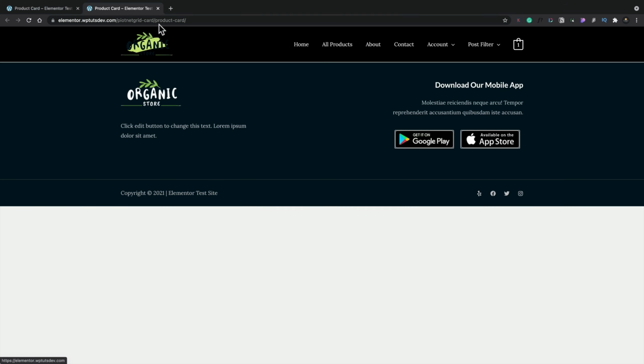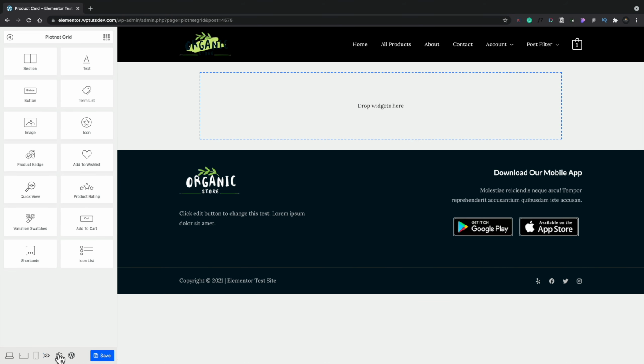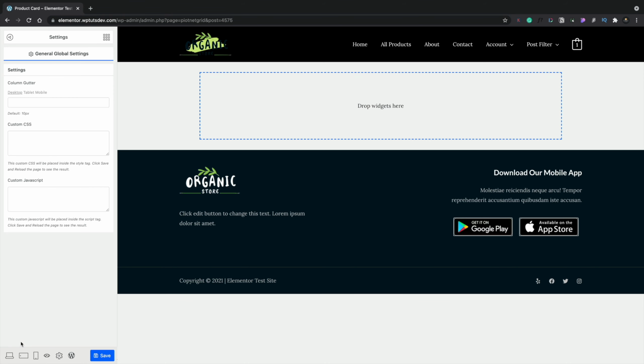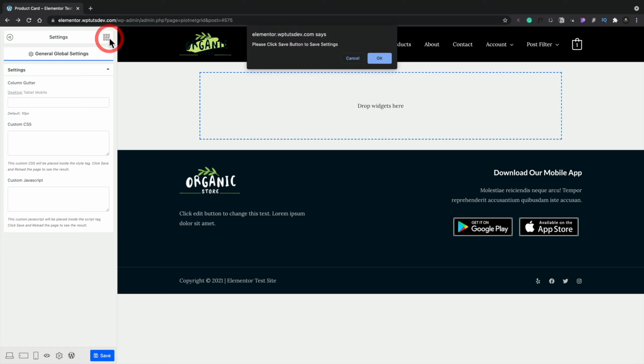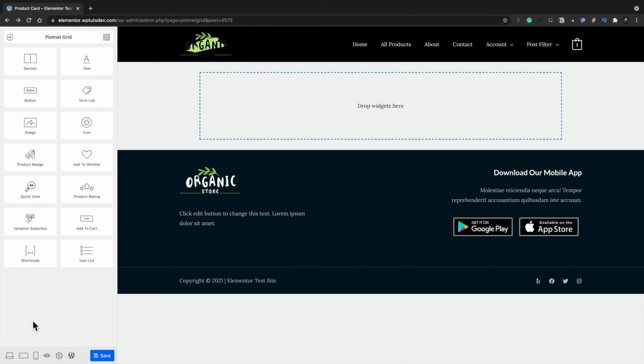You can also open this up to preview it. Obviously, there's nothing to see at the moment. You can go into the settings, and you can see these are your global settings, and inside there you can set a column gutter, any custom CSS or JavaScript that you want. And finally, you've got the back to the sort of WordPress dashboard, and you can save this when you're ready as well. So let's just switch back to all the different widgets, and then from there we can now start